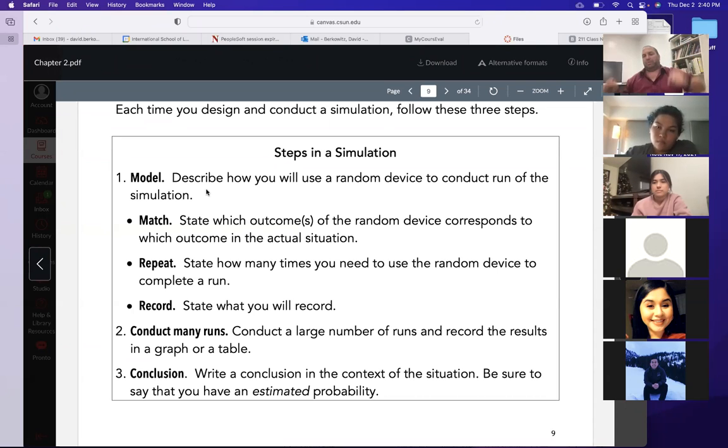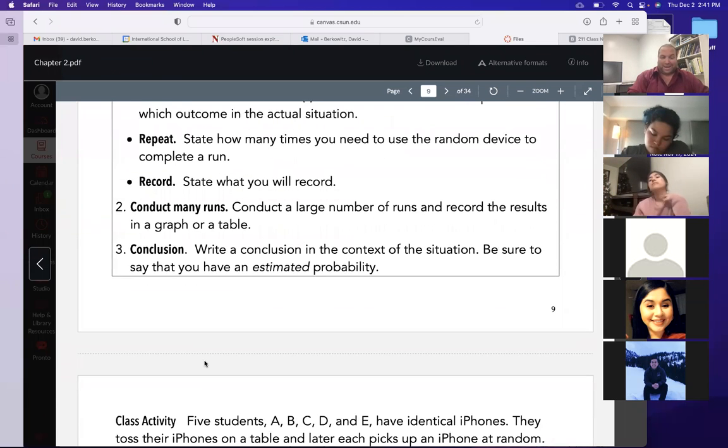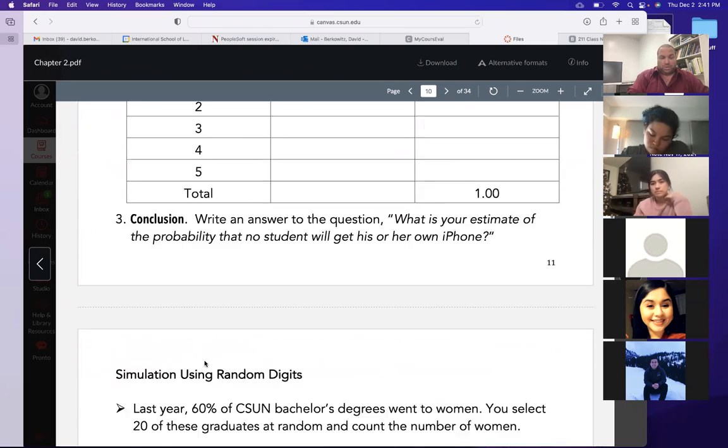Well, I don't want to actually pick people because they're all in their classes and they're all working. So instead, I'll just take 10 objects, label the first 7 as boys and the last 3 as girls, shuffle them, take one, shuffle them, take one, and so on. I am describing how I'm going to get my outcomes with my simulation material. It's just a word description of what you're going to do. And then you just do it a bunch of times and you say, this is what I got. Hey, I did it and I got 8 boys, 2 girls. And hey, that's likely, that's not likely, analyze the situation. Do it lots of times.